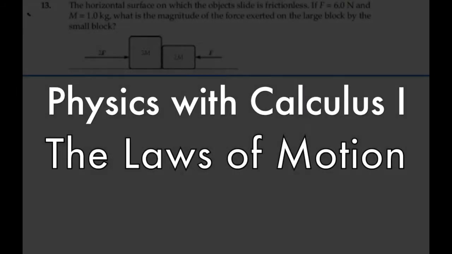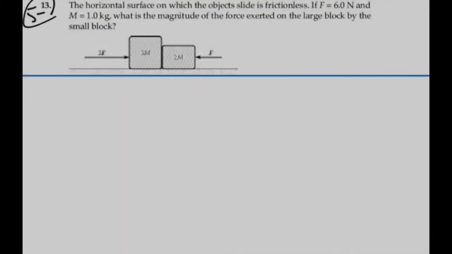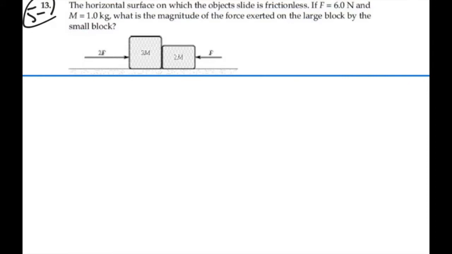Here's problem 513. The horizontal surface on which the object slides is frictionless. If F is equal to 6 newtons and M is 1 kilogram, what is the magnitude of the force exerted on the large block by the small block? First thing we want to do is make a free body diagram,